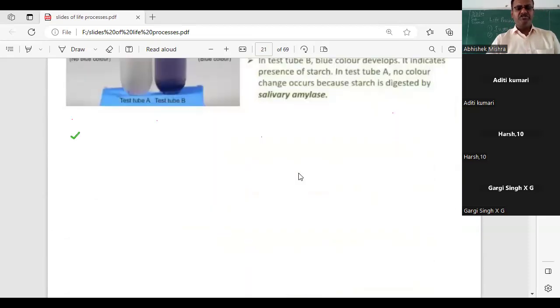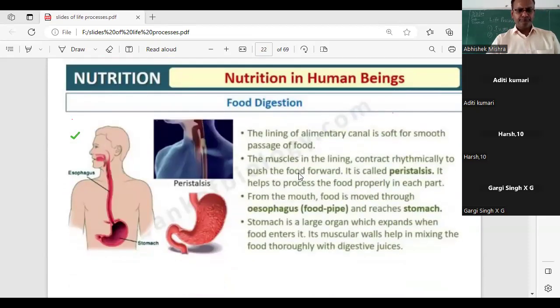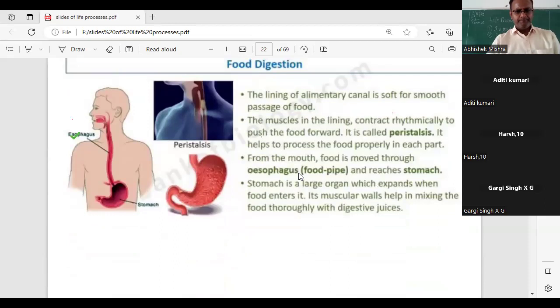Okay. Now the food enters the stomach. From the mouth, will the food directly enter the stomach, or will it go through any other part? Esophagus. Very good. Okay, Harsh, thank you. Very good. Now, next,